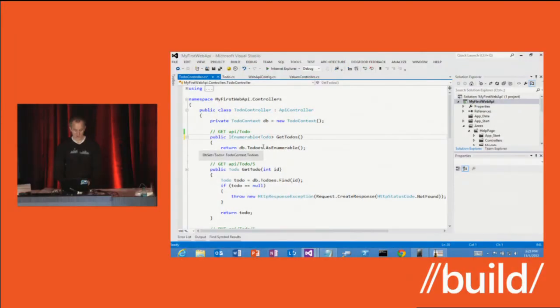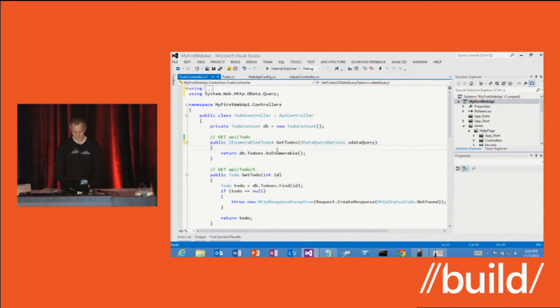If you don't have one, the other option, if you don't have a full IQueryable implementation, and you don't want to use LINQ to objects, you can instead just model bind to OData query options like this. Okay?